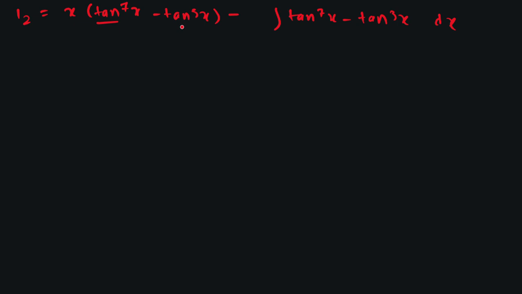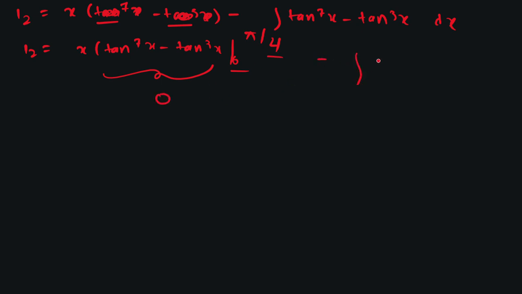Now this is t, not tan, because we have replaced tan x with t. So we get I2 is equal to x tan power 7x minus tan cube x from 0 to pi by 4. So this value will be 0 between 0 to pi by 4